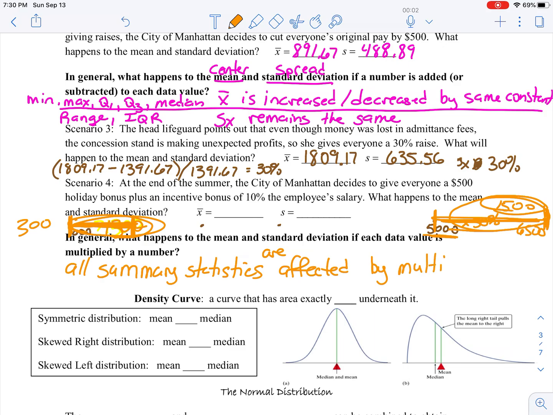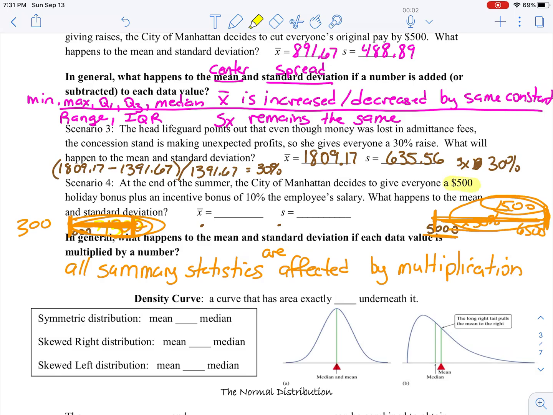So it doesn't matter what we're doing, it's going to be 30% larger or 10% smaller. And if I could spell multiplication, we'd all be better off. Okay, that was simple. So what we have to remember in doing that, in scenario 4 here,